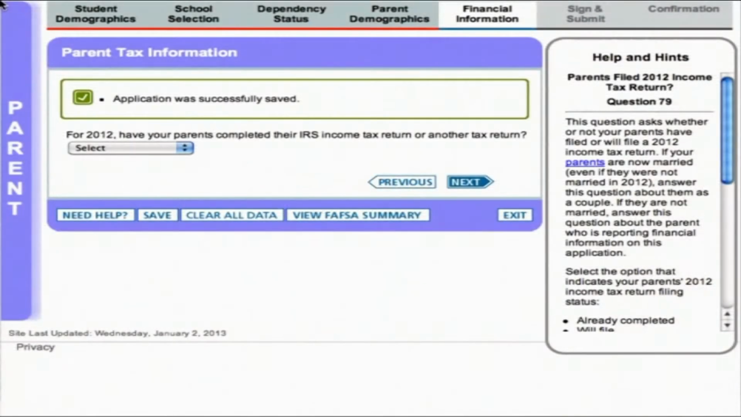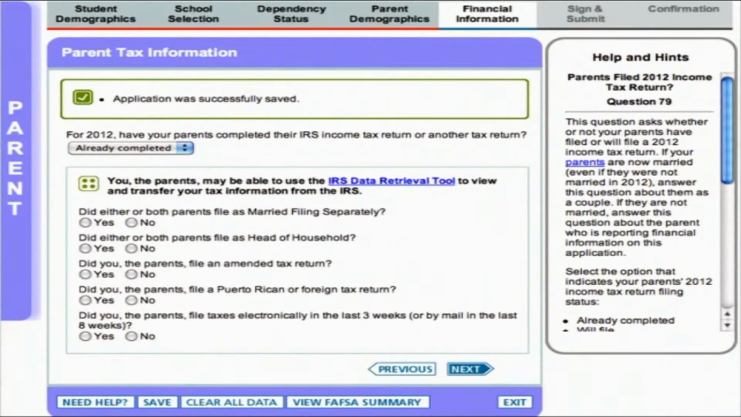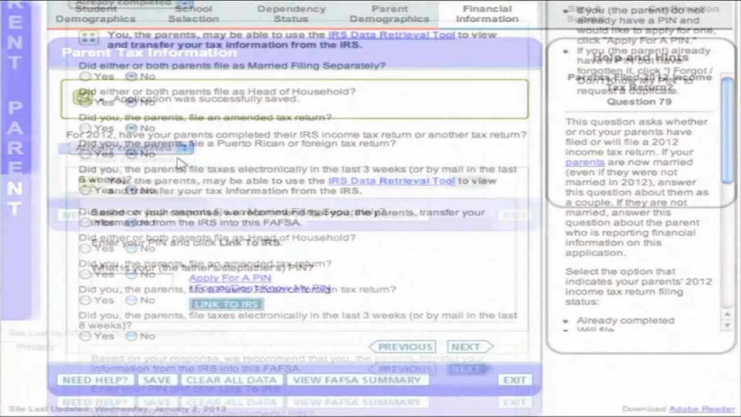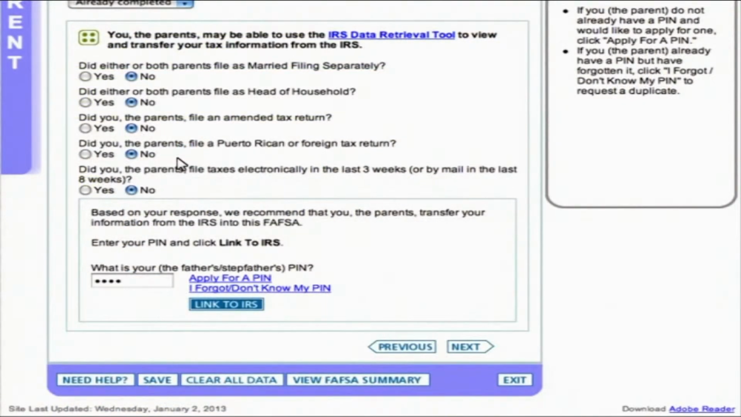Select whether or not your parents have completed a 2012 federal income tax return. If your parents have already completed their income tax return, you will be presented with a series of questions that determine your eligibility for using the IRS data retrieval tool. If you check no to all of these questions, you will be given the option to enter your PIN and